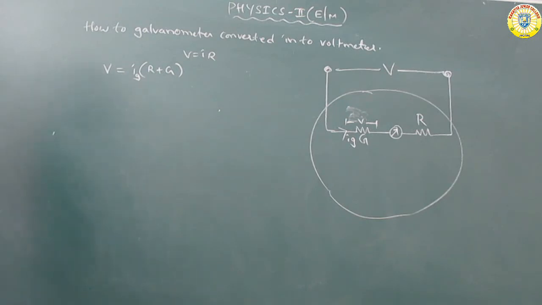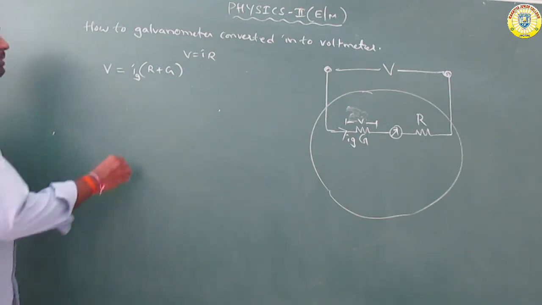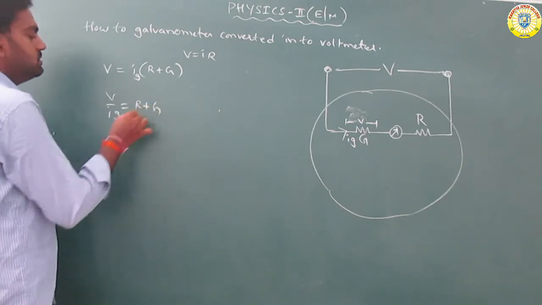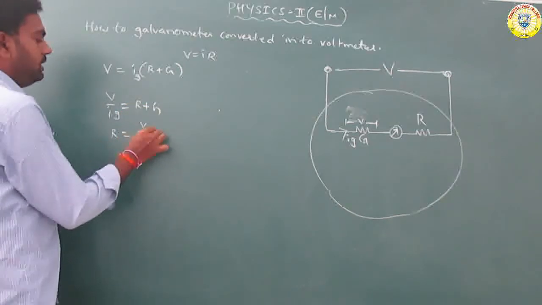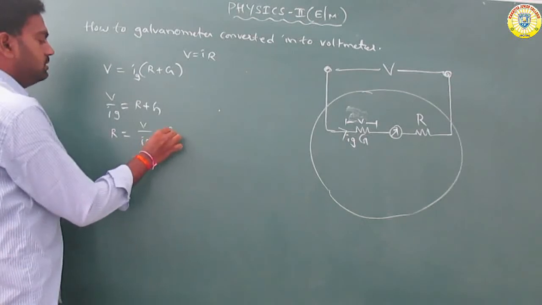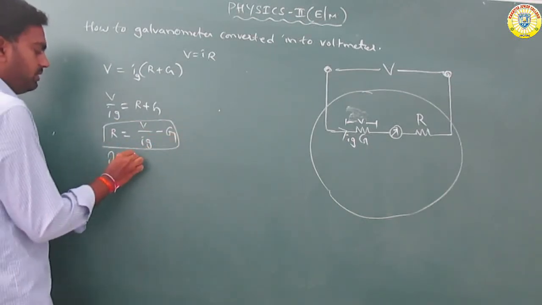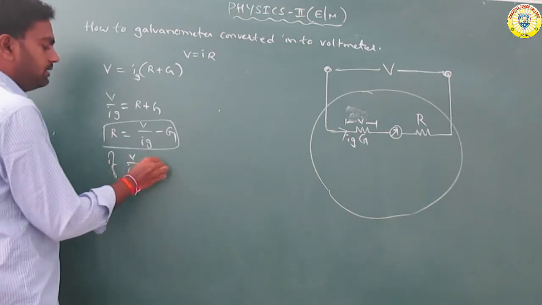G is the galvanometer resistance, R is the series resistance, and Ig is the galvanometer current. So V by Ig is equal to R plus G, and R is equal to V by Ig minus G. If V by Ig is equal to N,